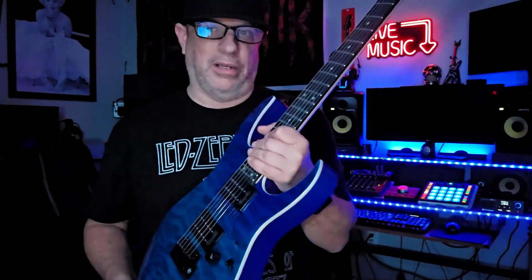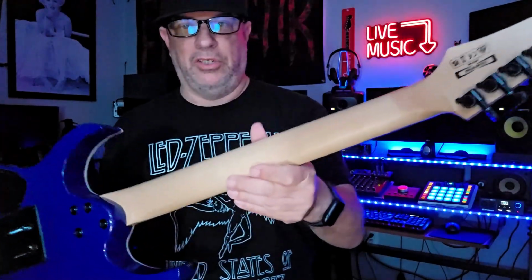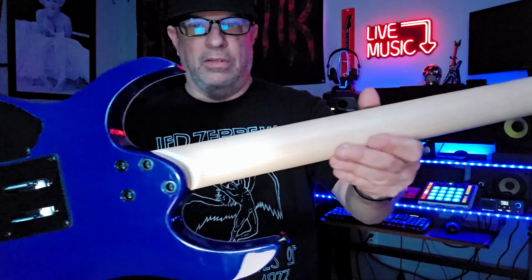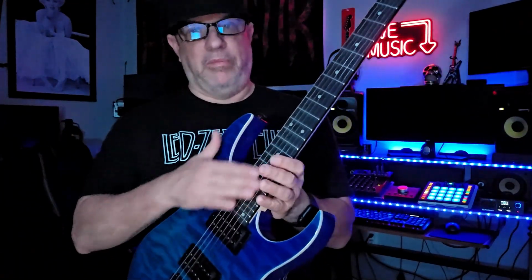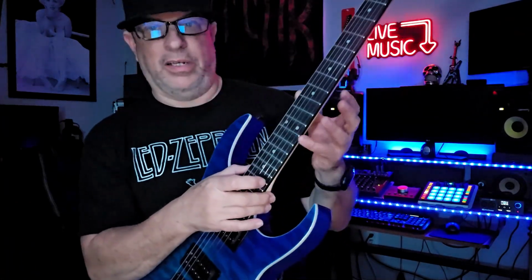Okay, so let's talk about the neck. The neck is your basic bolt-on maple neck, as you can see there. It does have what they call the Purple Heart fretboard. That's what this is. And I did check out the edge of the fretboard, the neck itself, and there are no rough edges, so it's pretty